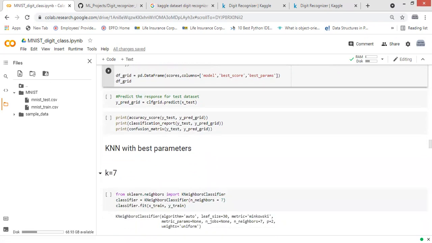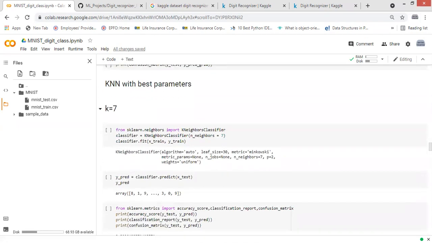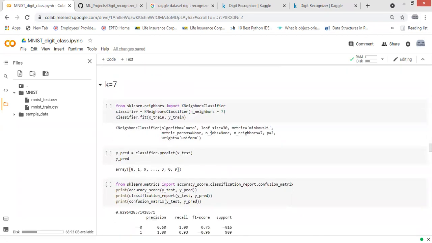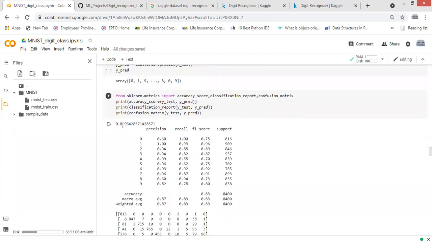Then I separately changed my parameters, and based on the parameters I got some results here. So for k equal to 7, the process is the same, and I reached an accuracy of 82.96, almost 83%.